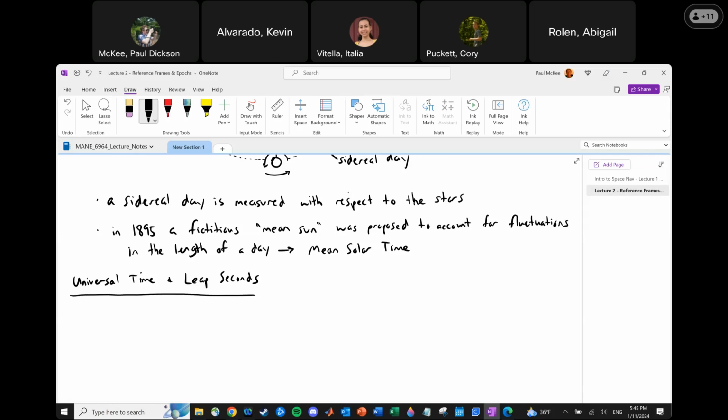So mean solar time as it is experienced in Greenwich, England, because when people started making these definitions, London was kind of the capital of the world, basically, right? And Greenwich is right outside of London. Nowadays, you know, we might put this at Johnson Space Center or wherever else, right? But back in the day, mean solar time in Greenwich, England is defined as universal